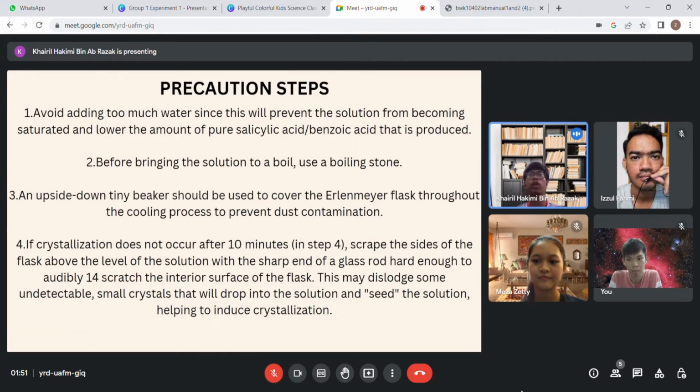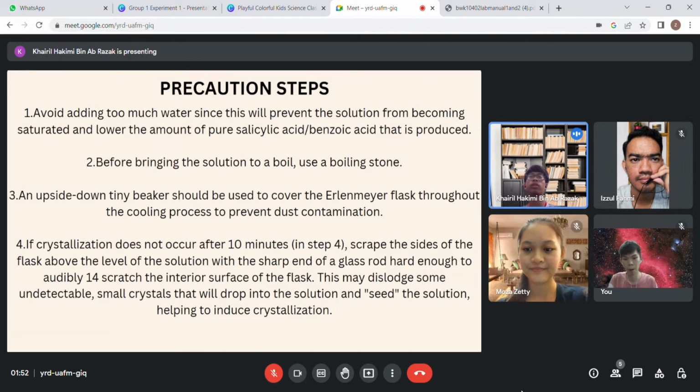And for the precaution steps, first, avoid adding too much water, since this will prevent the solution from becoming saturated and lower the amount of pure salicylic acid or benzoic acid that is produced. Second, before bringing the solution to a boil, use a boiling stone. And number three, an upside down beaker should be used to cover the flask throughout the cooling process